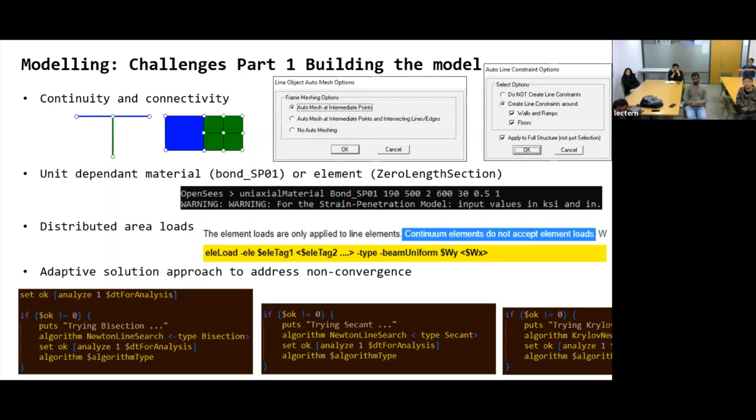And then the last one is the adaptive solution approach to address non-convergence. As anyone knows who is working with OpenSees, we have this typical code in which we analyze for one step, and then you save the output of that in the variable k, and then we check if that converged. If it doesn't, then we try to change the algorithm or any other thing, and we keep changing